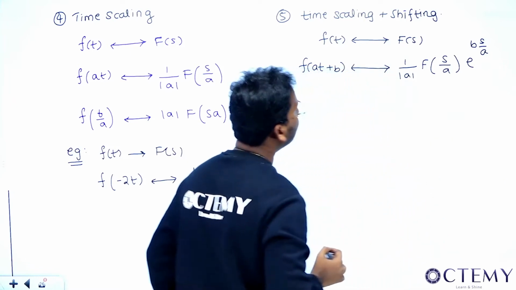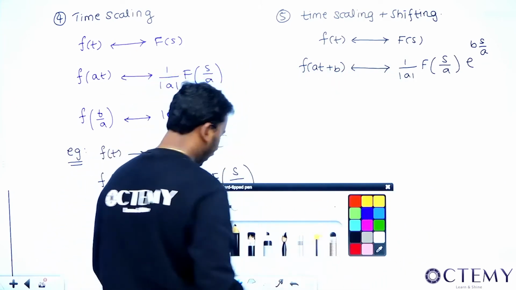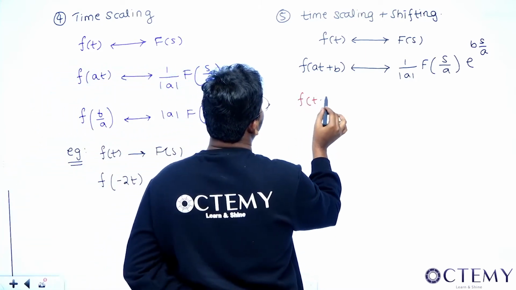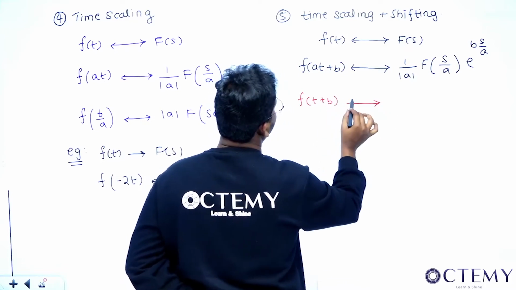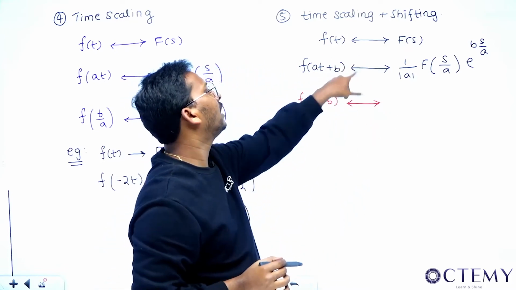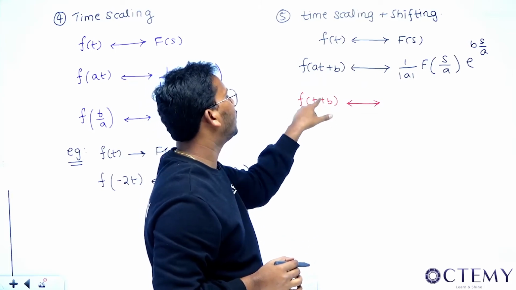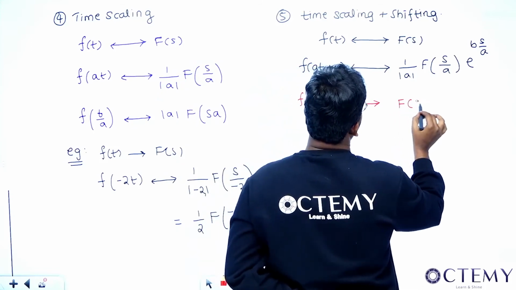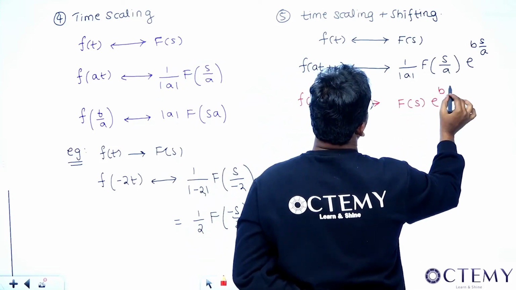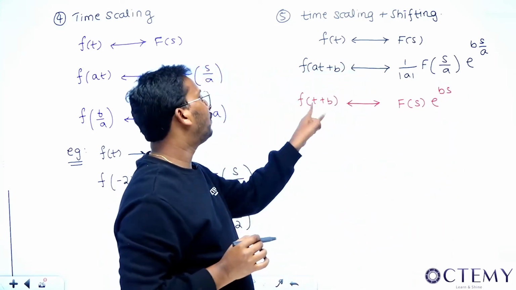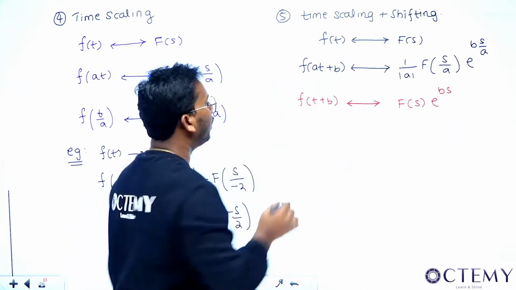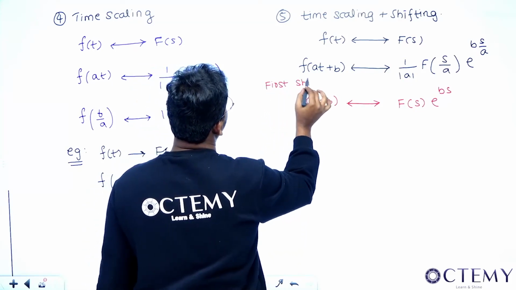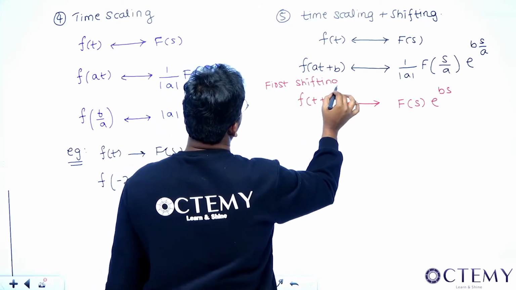So see sir, how do we do this actually? There is a way of doing this, sir. You might have studied in signal and system. First we will have to find for f of t plus b. If you have f of t, that is F of s. So if you have t plus b, it is in time, sir. If it is in time, then the same magnitude will get. So you will get F of s into e power bs, sir. Right? First you do shifting, sir. First you do shifting, then you do scaling. Remember, first shift, then scale.